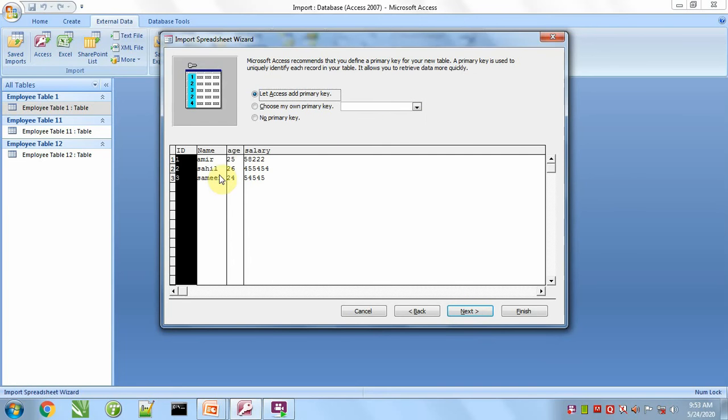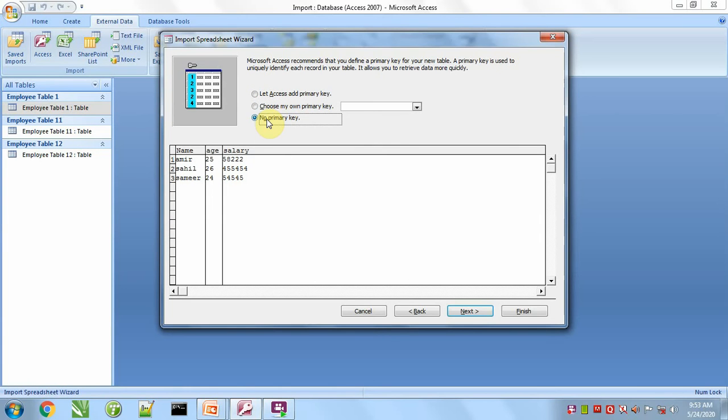Next. Primary key, if you want to add one, it will be added automatically. If you want to remove it, we will select this option. Or if you want to make some column a primary key out of these columns, we will select that column name.